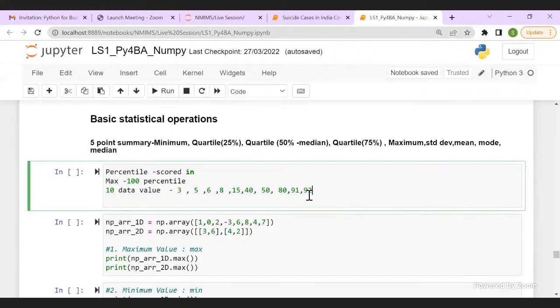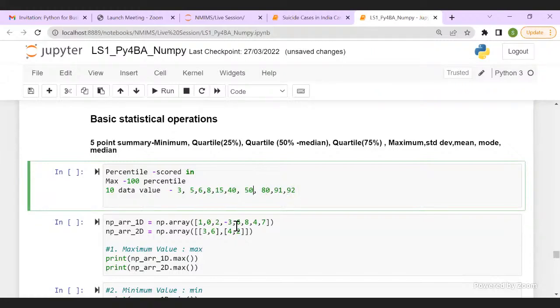Suppose 10 students have given the exam and their scores are 3, 5, 6, 8, 15, 40, 50, 80, 91, and 92. The person who scored 92 is at 100 percentile.